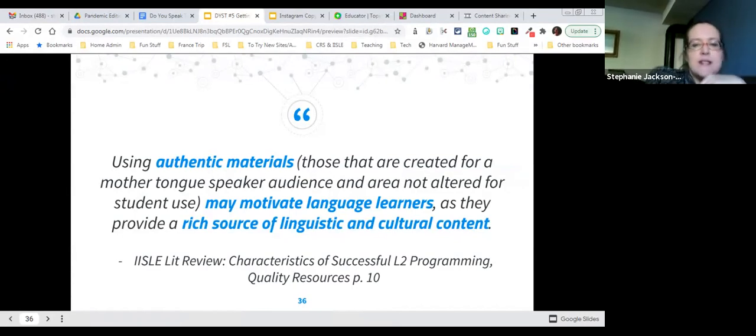So using authentic materials is going to motivate learners and also provide that linguistic and cultural content that's more rich than the content that's made for second language learners, right? So we're talking about authentic content made for native speakers of that language, so mother tongue speakers.